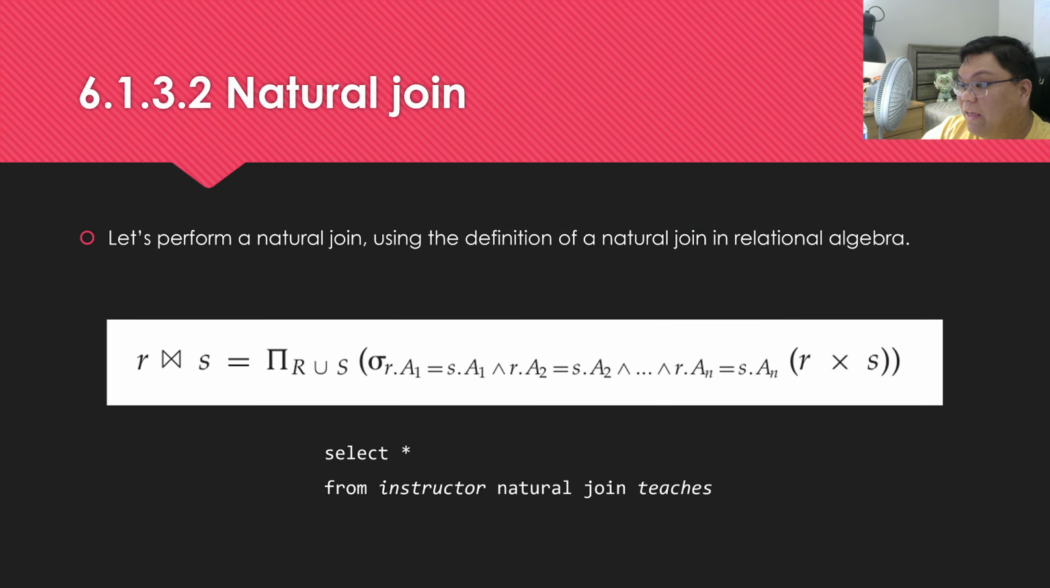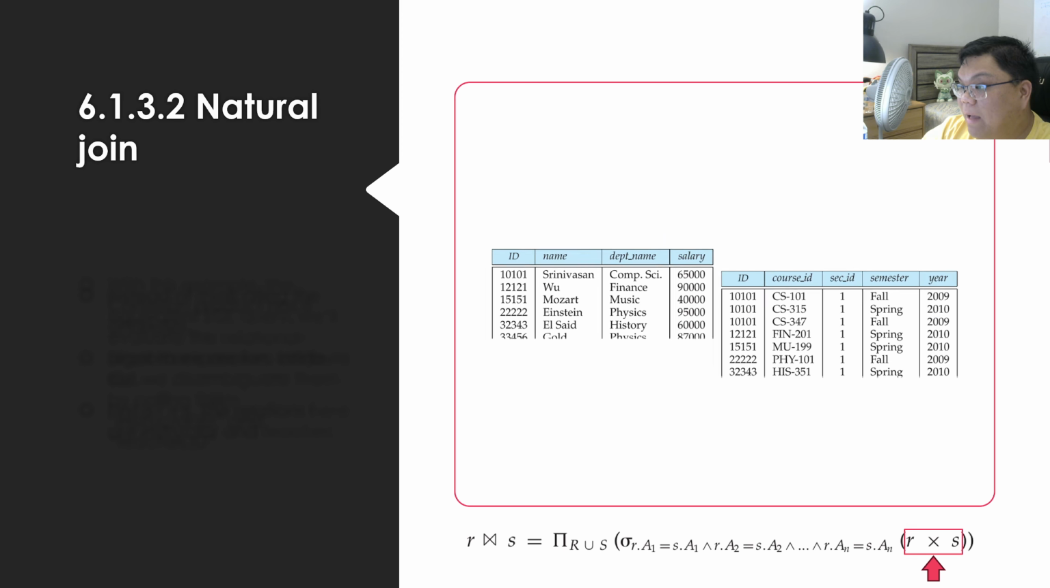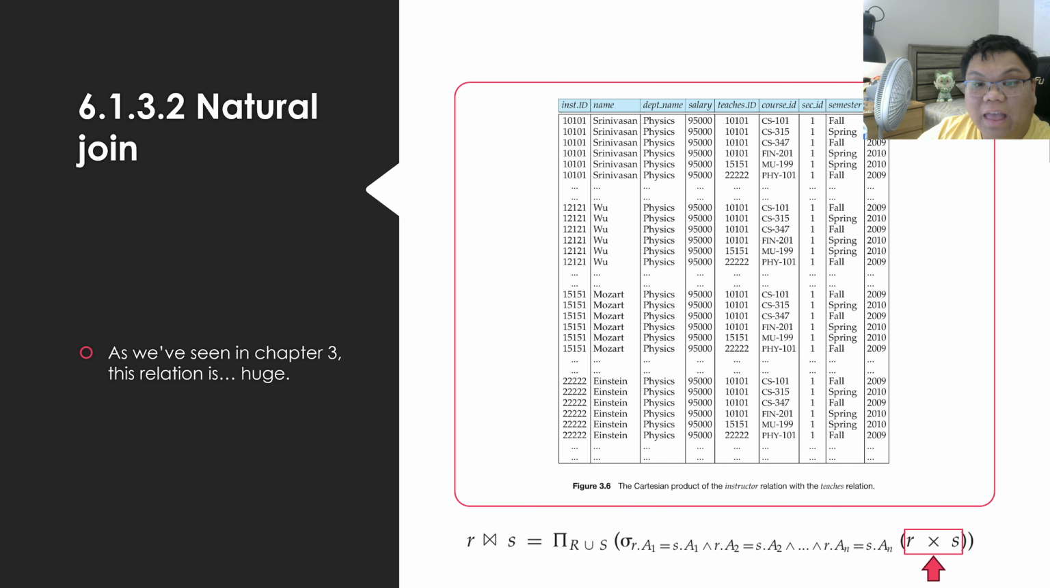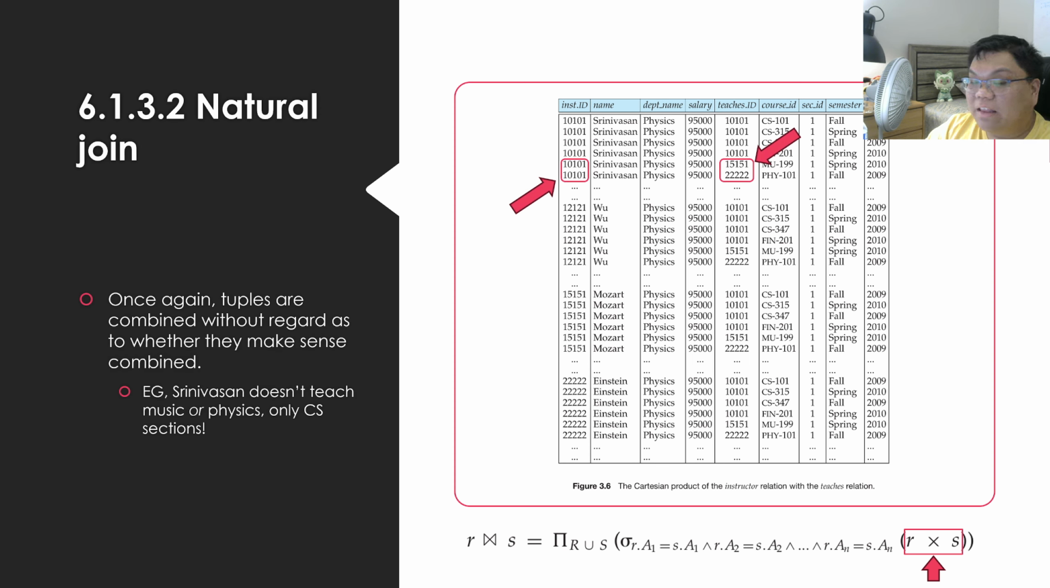Okay, this is actually wrong. It's supposed to be 9 attributes. 1, 2, 3, 4, 5, 6, 7, 8, 9. Yeah, this slide has an error. It's supposed to be 9 attributes. And it's going to feature every attribute in the instructor relation combined in every possible way with the attributes in the teacher's relation. It's going to feature the tuples of the instructor relation combined in every possible way with tuples in the teacher's relation. So this has nearly 200 rows because,